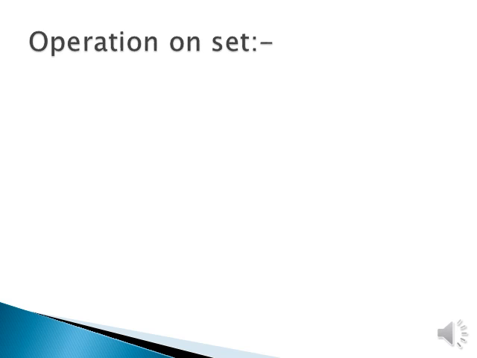Operation on sets. Now in this operation we are going to first see intersection of sets. Now what exactly is intersection? Intersection means here two sets are intersecting with each other. And how are they intersecting with each other? With the elements. If some of the elements are common in both the sets, whichever sets we consider, then the sets are going to intersect with each other, and those common elements will be present in the intersection of the sets.